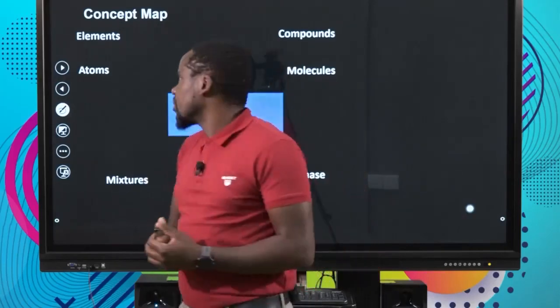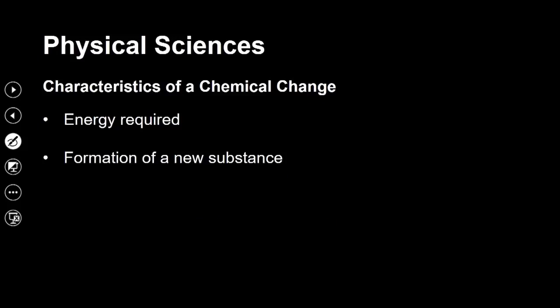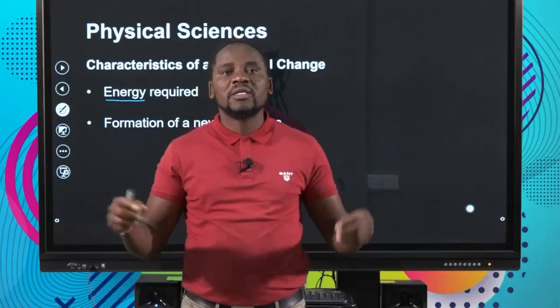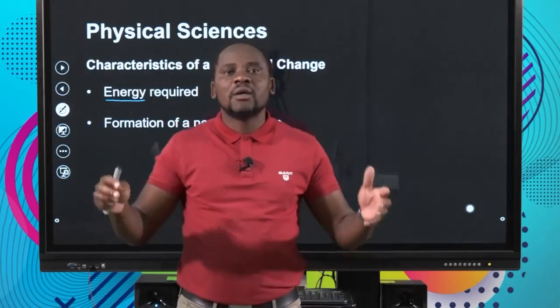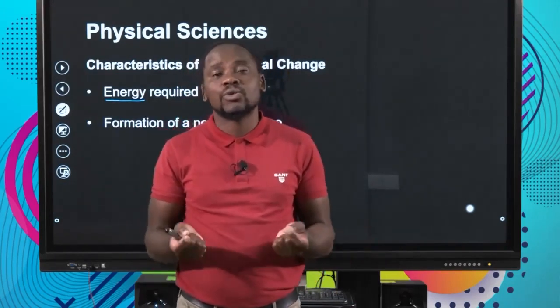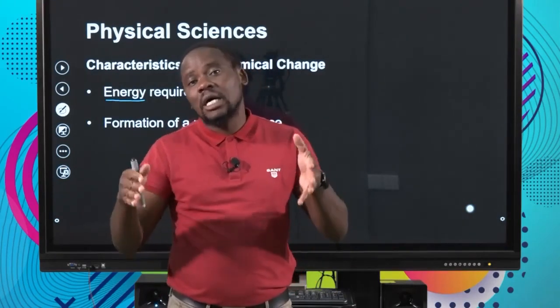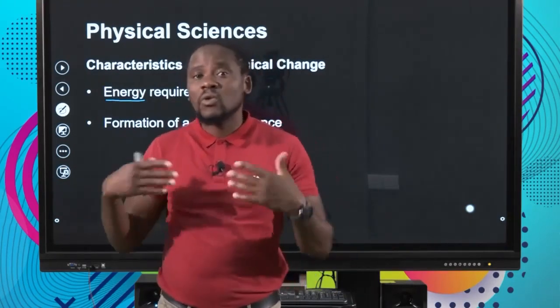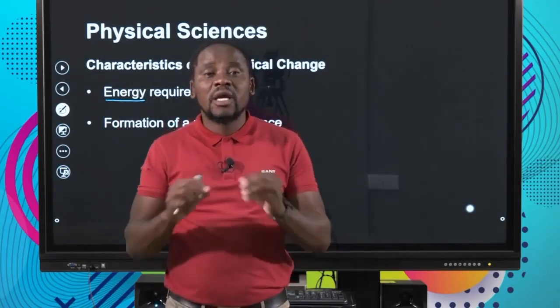Now, let's see what happens in a chemical change. What are some of the important characteristics of a chemical change? Energy is involved. We have seen that energy plays a pivotal role in phase change with respect to a physical change. But similarly, for a chemical change to take place, we need energy in terms of heating. It could be cooling, either way, but we are safely saying that energy is involved in any type of